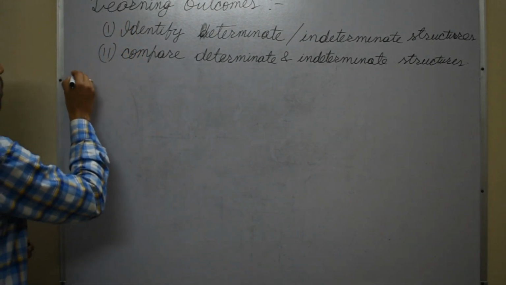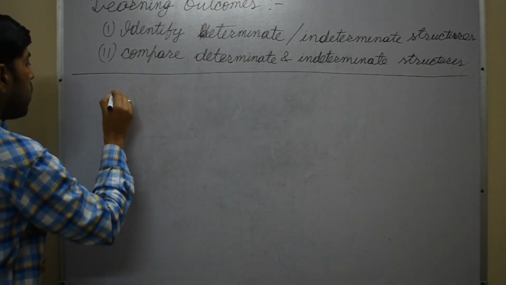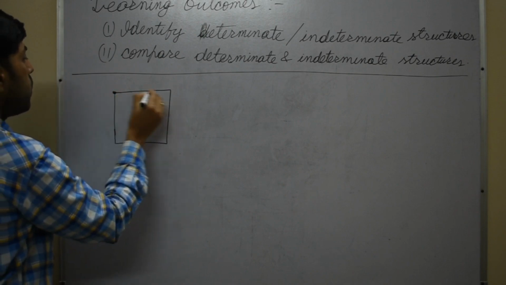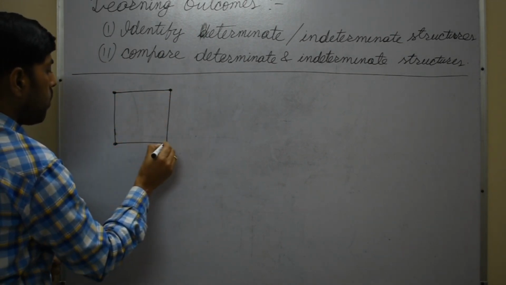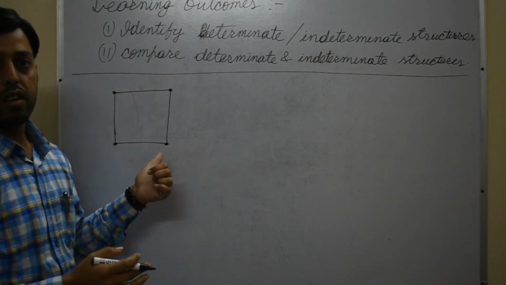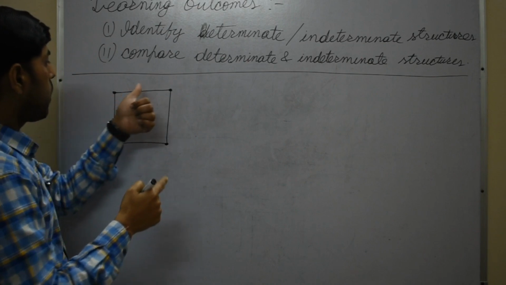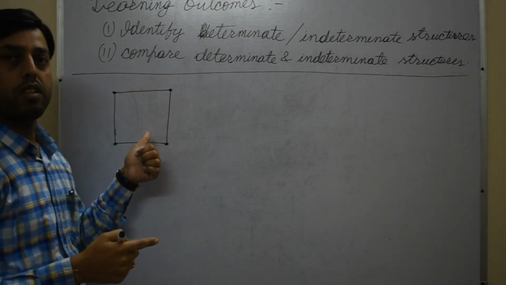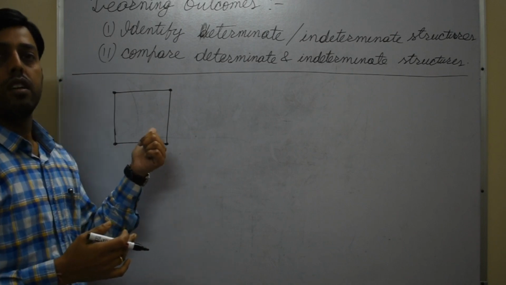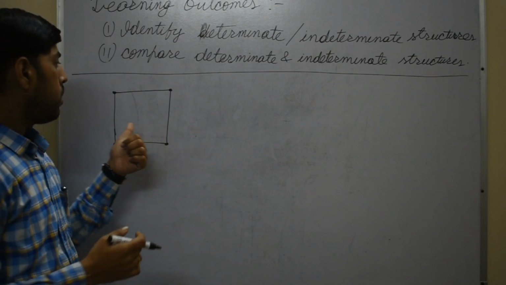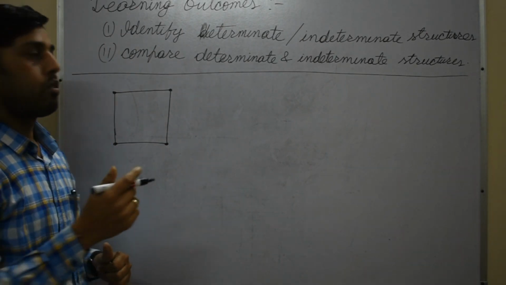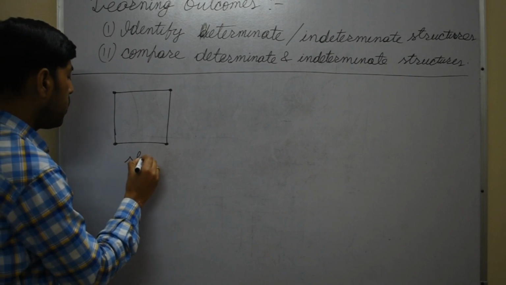So first of all, I am drawing one truss element. Suppose this is a truss element. We have not mentioned any support reactions or any support in this truss. In this case, there are four axial members in this truss. According to the geometrical stability, this truss is not stable. Such a configuration cannot stabilize its own geometry. So this type of structure is unstable.